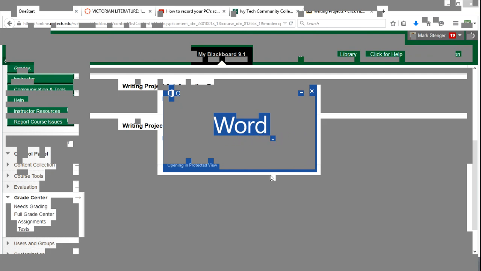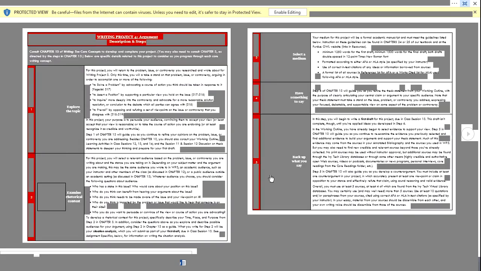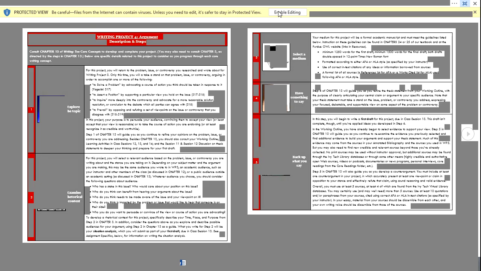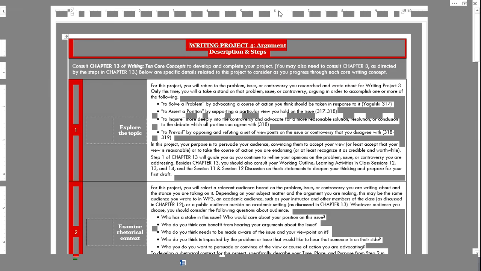Because this is an argument essay, the most important thing that you need to be concerned with right now is developing a good thesis statement. What is it you're trying to prove? And as we look at writing project 4,